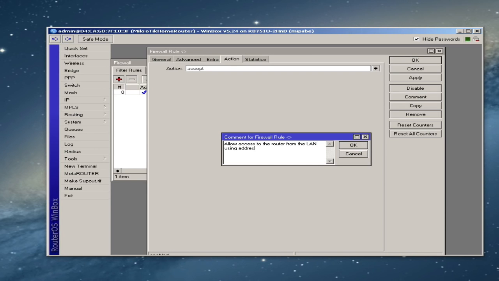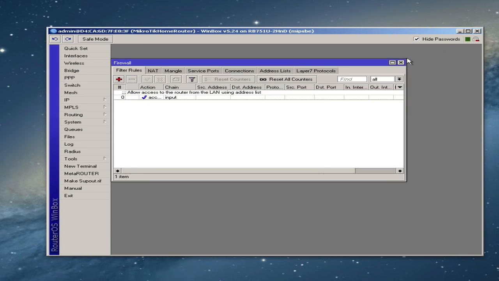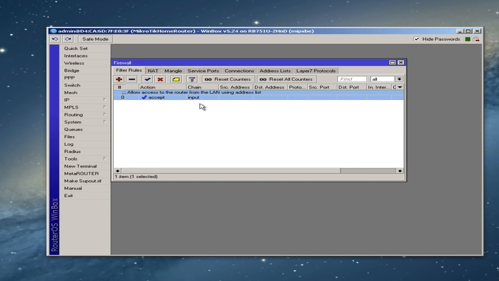Now, I like to add some additional information here as well, like allow access to the router from the LAN using an address list. And this helps remind me later that if I want to allow other addresses, I'll just simply look for the address list that is referenced in this rule. And I'll hit OK. So this rule is going to protect the router, but only if we add a second